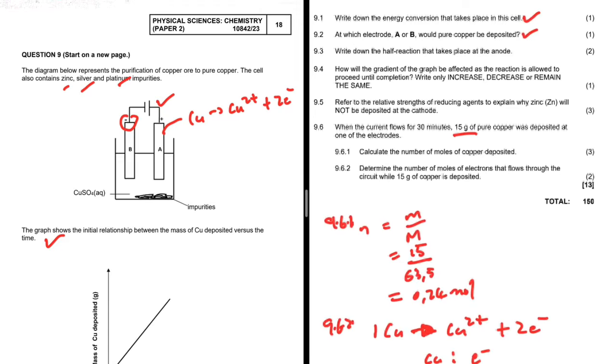So at the anode, we have 2Cl minus getting oxidized to form Cl2 plus 2 electrons. The product that is formed at electrode P is chlorine gas, or Cl2, if you decide to write the formula. Let's go ahead and do